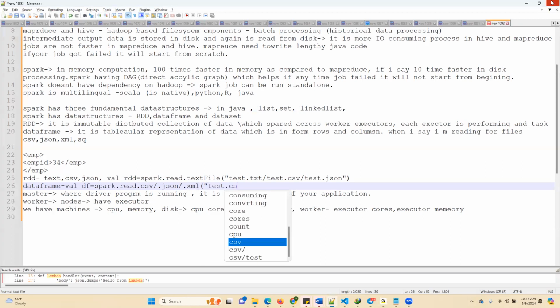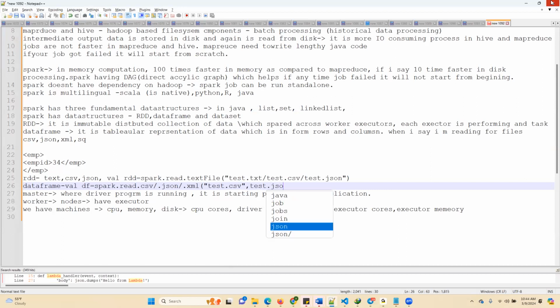Suppose you are saying test.csv, test.json, test.csv, test.xml. Okay, so here you are able to read any type of file. CSV, JSON, by their specific methods, you can read. So you can read either test.csv, or you can read the test.json, or you can read